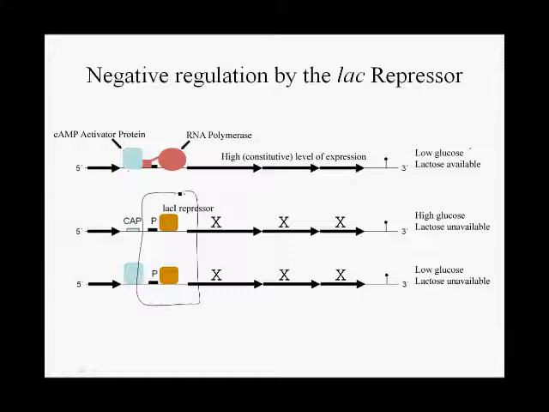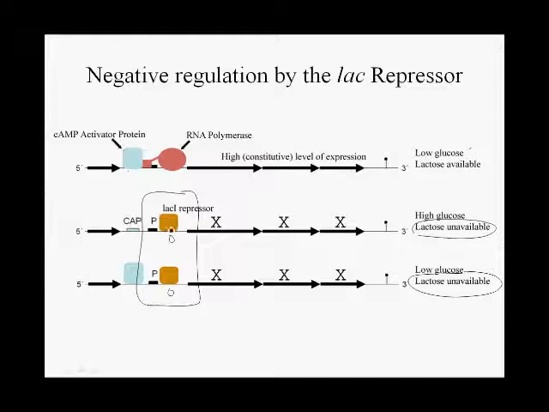However, it is negatively regulated by the LAC repressor. So negative regulation means that a gene is shut down, or transcription is shut down. Negative regulation, shutting down gene expression. So the repressor then works or shuts down gene expression whenever lactose is unavailable. So if there's no lactose, the repressor binds to the operator site,